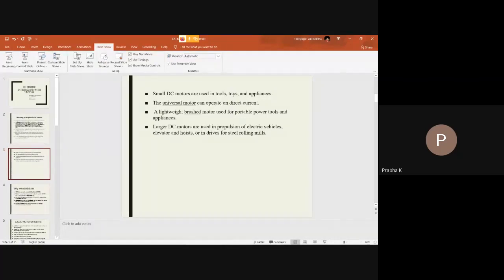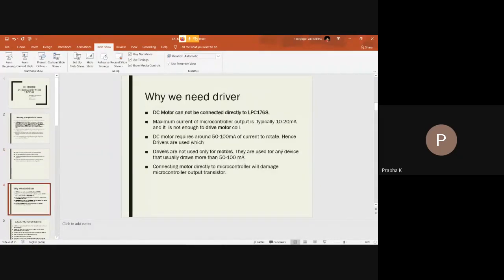We need driver ICs. Why do we need a driver IC? DC motors cannot be connected directly to LPC 1768 because the maximum current of the microcontroller output is typically 10 to 20 milliamps.